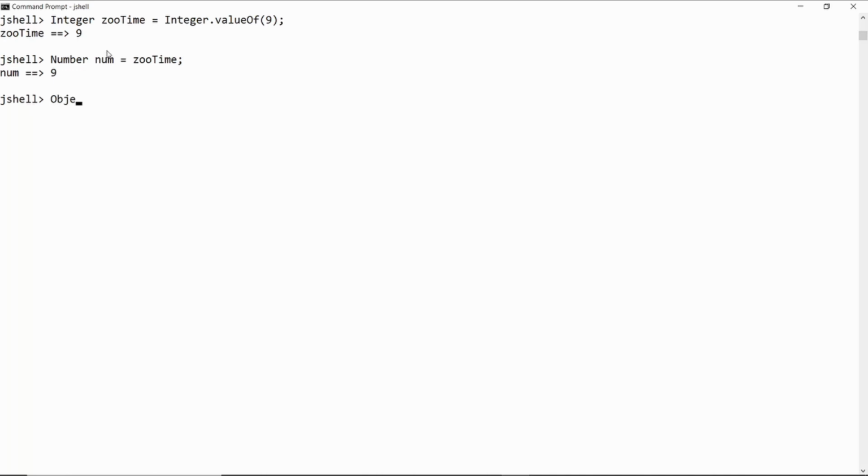Object is a superclass of all classes. What about, can I store the grandchild class zooTime into Object? Yes, I could do it, which is called polymorphism. Let's make a method: public void openZoo(Number time), and if time instanceof Integer,